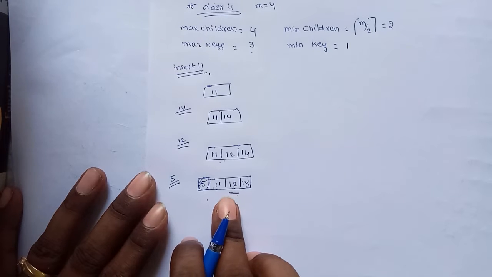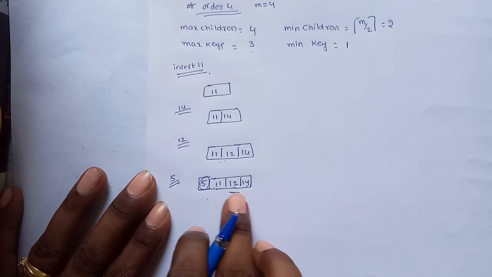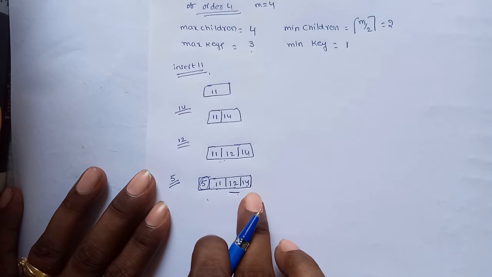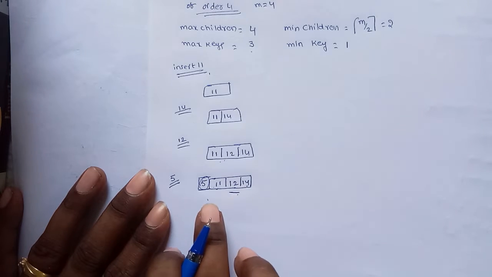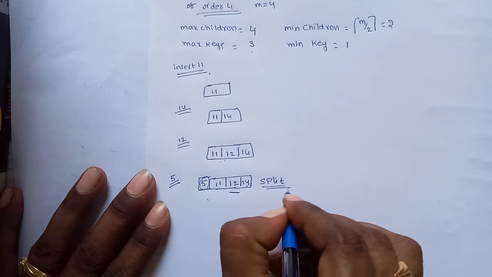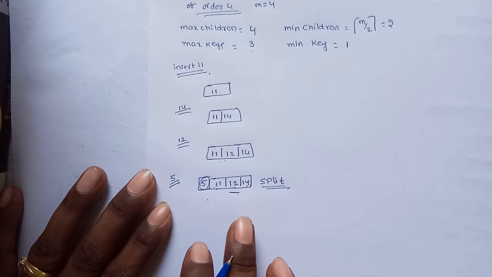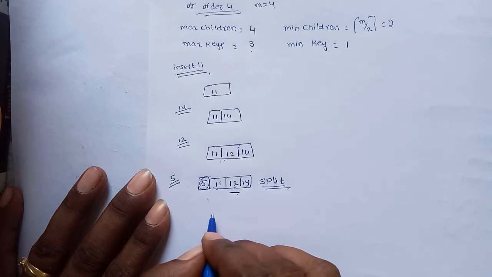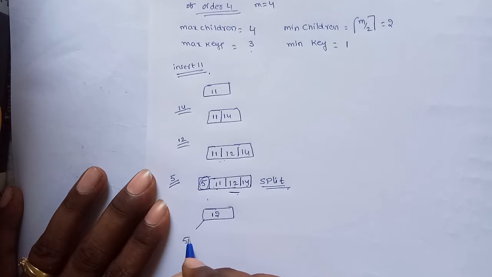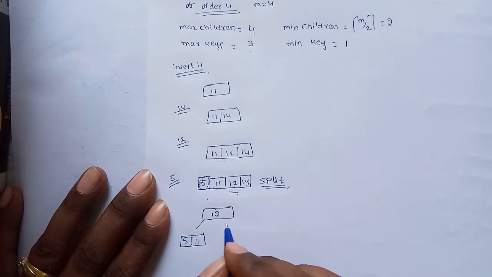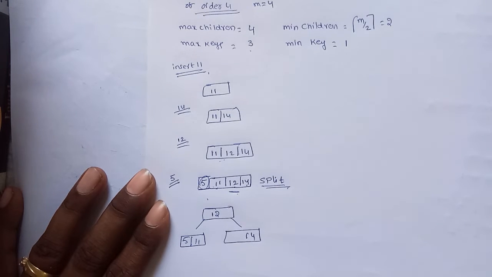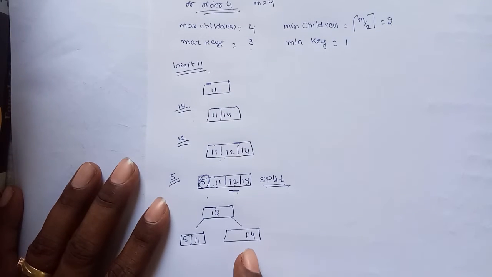So the first case occurs. What is the first case? This is the data node. It has only one node and this is the leaf node. The data node splits. The size of the data node is full, so we have to perform split operation. Whenever the data node is split, the middle element, that is 12, is moved to the root. Remember, the left values are 5 and 11. We generally assume that the right value is 14. Okay, up to now this is the B tree.